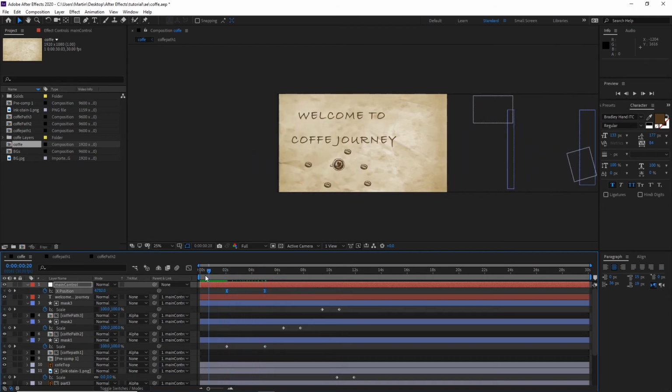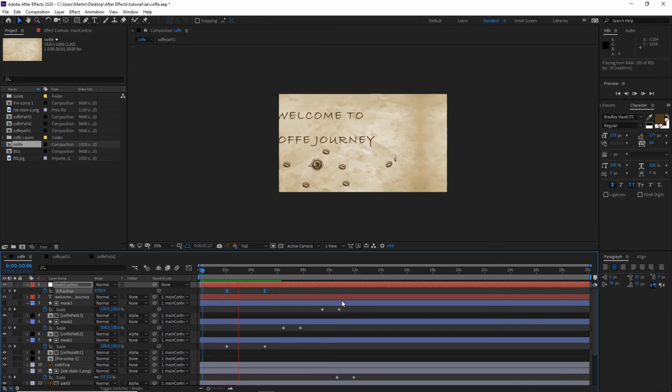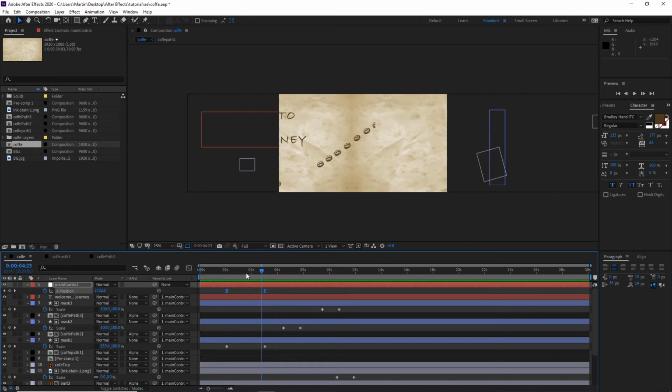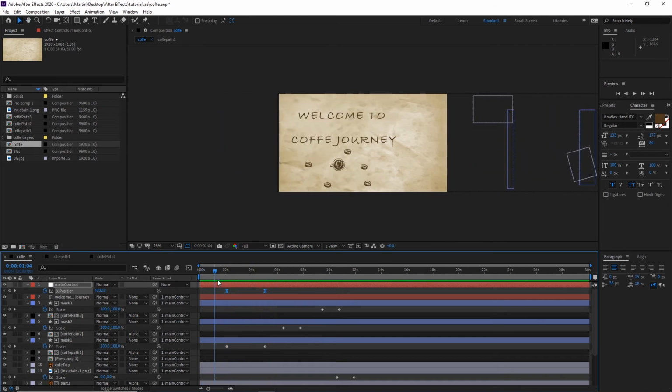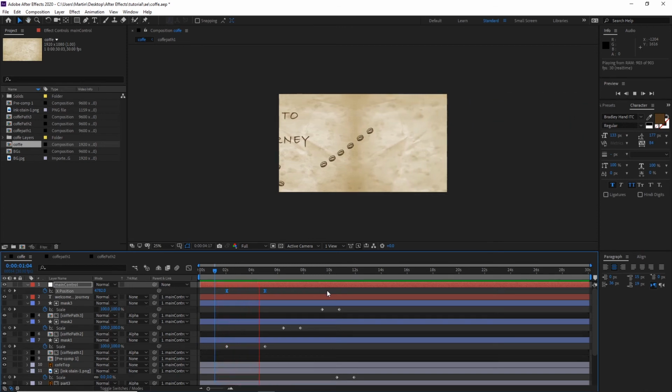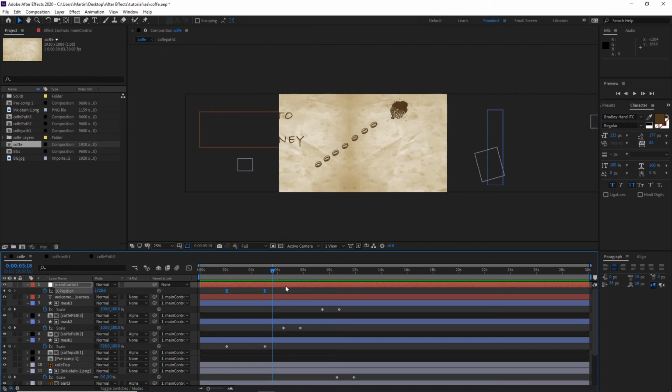Alright, and what I can do right now is click F9 to easy ease this movement, and I'm going to look how this is going to be animated. So at the beginning nothing is moving, and then we have this movement. Alright, so let me take a look one more time. Okay, so in my taste this is too slow. All of this is too slow. So I would like to get this to be faster, this to be faster, and also